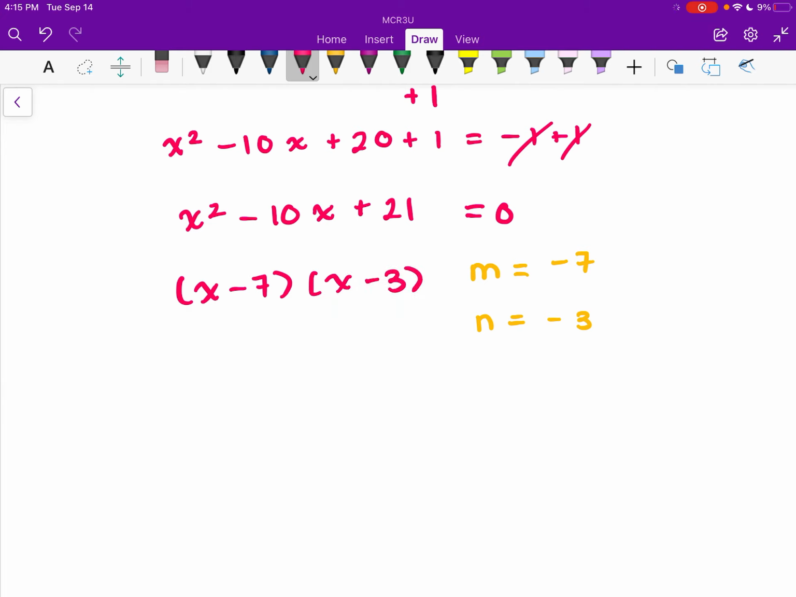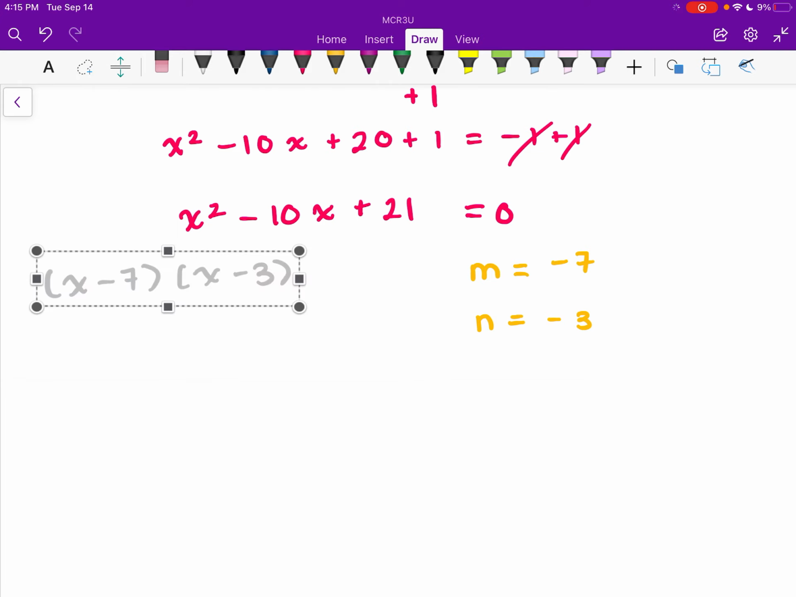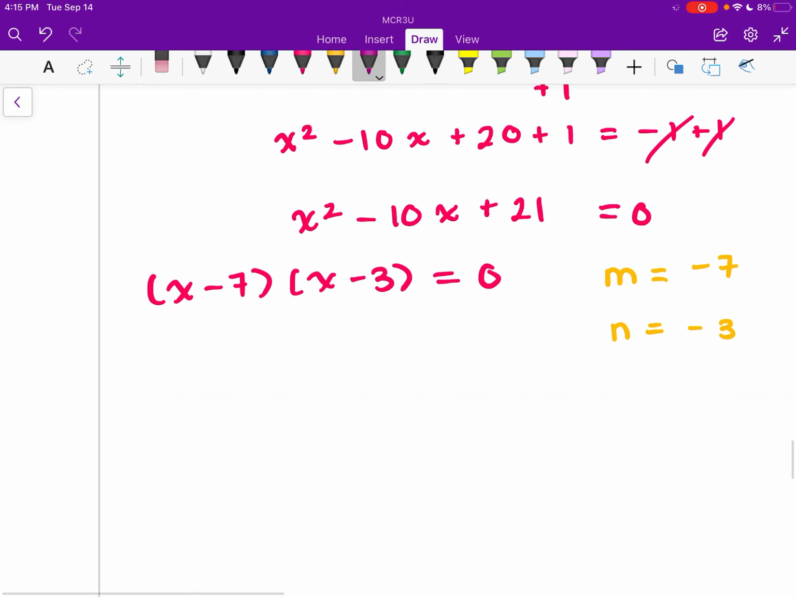If you did this by decomposition, it would be the same thing. Just skipping ahead in the interest of time. Equals 0, right? Now, this is where that zero product property comes in. Zero product property. The zero product property just states that